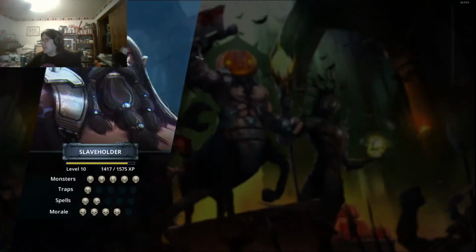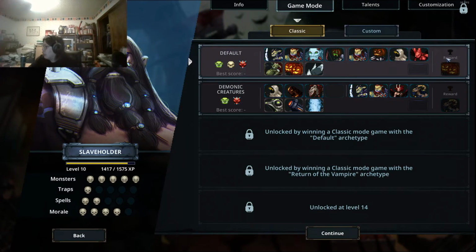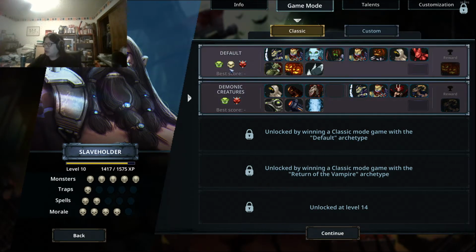So, in today's video, we're going to show you a little bit of how to play the Slaveholder. The Slaveholder is probably by far one of the strongest characters with the most life. Probably by far has the most power, and I know they have the most motivation. Speed, I don't know if they have the best speed, but